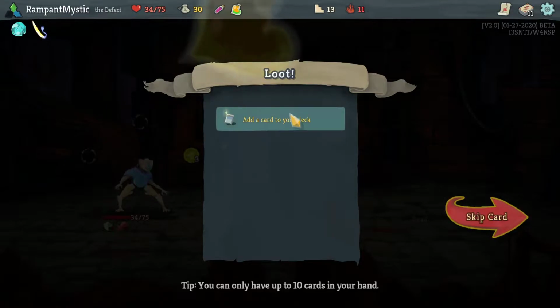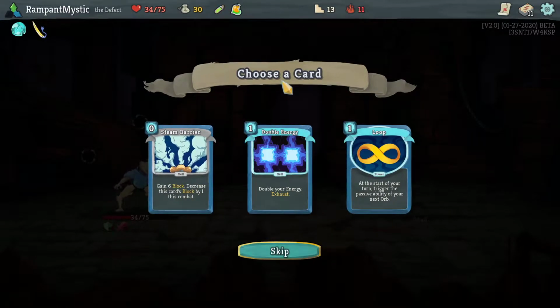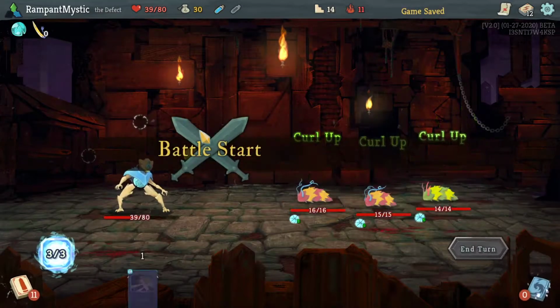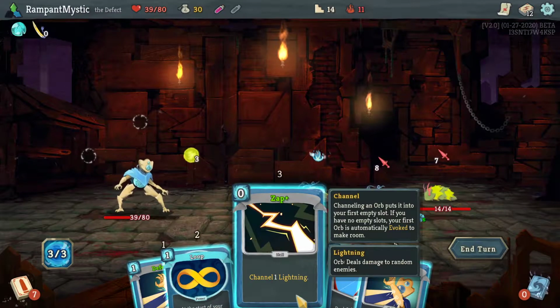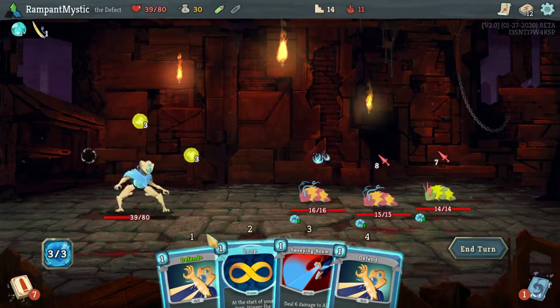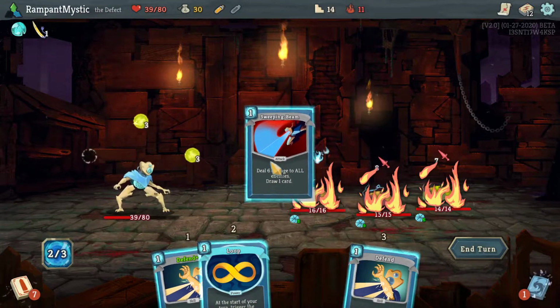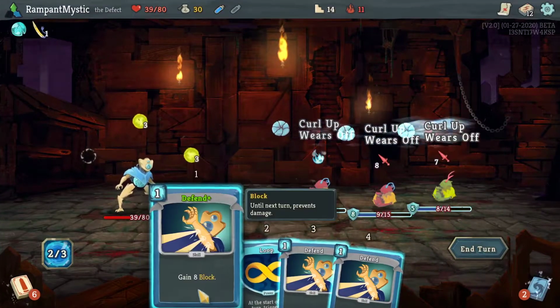Letter Opener, Emerald Key, Fruit Juice, good. And Loop. Yes, I will take it, actually. So I'm going to try and do a sort of hybrid Lightning orb build. Thus meaning that I will be taking a ton of powers as well. Now Defrag is normally if you're going to go...